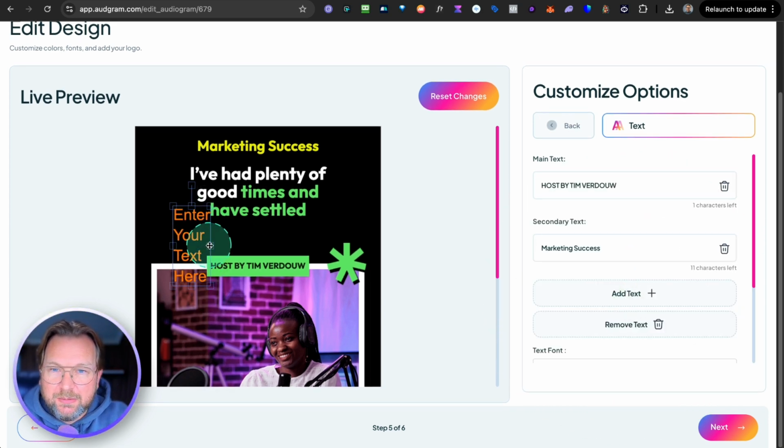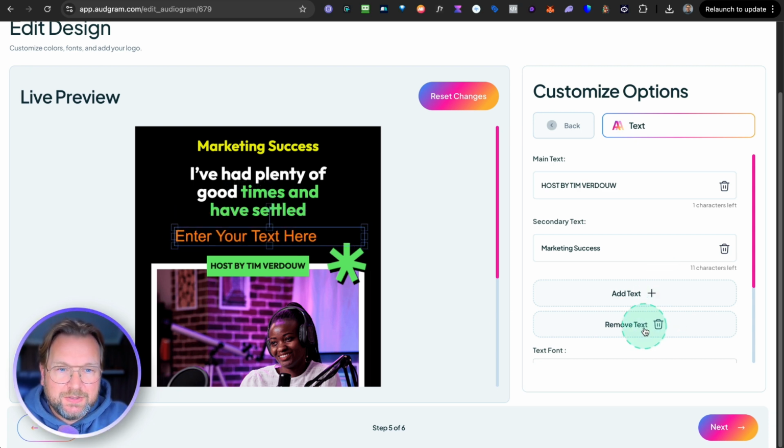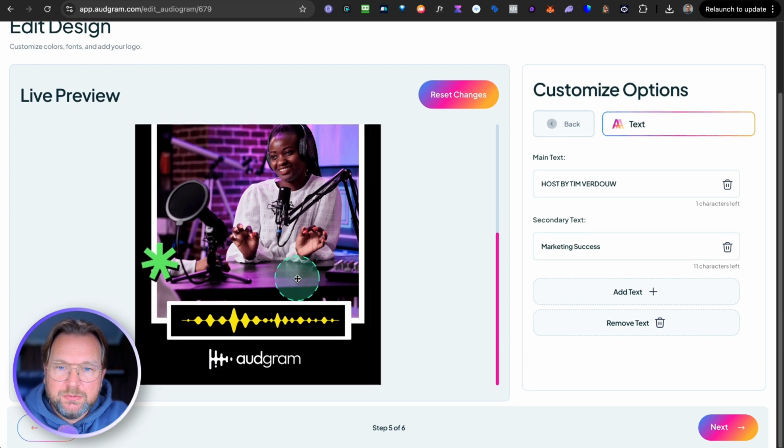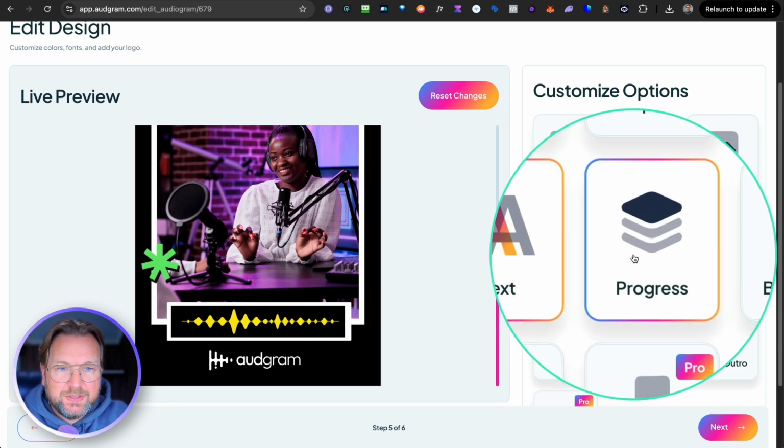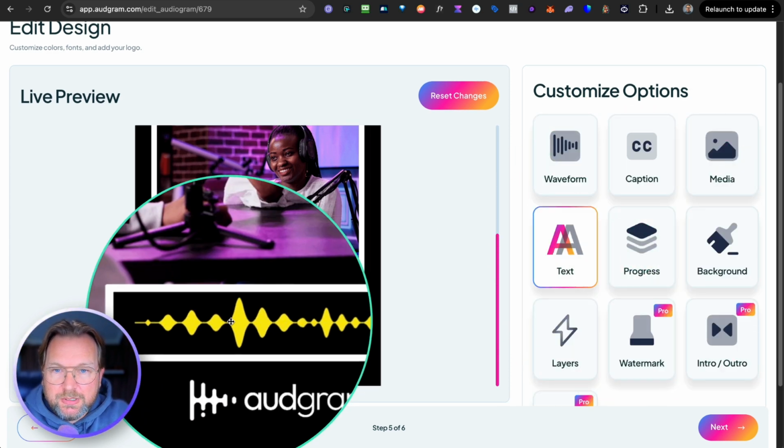You can see that here. You can make this bigger. You can change the font, the sizes, etc. if you like to. In this case, I'm going to remove the text. So you could really change your design in here. So you go through this step by step. Now, if you don't like to have a